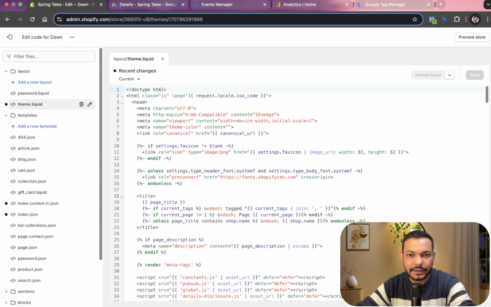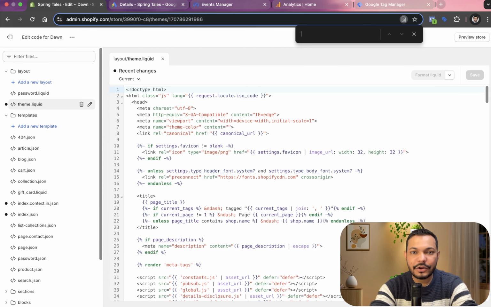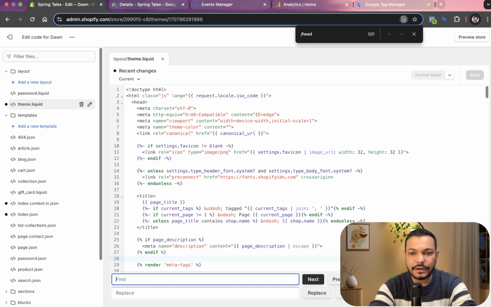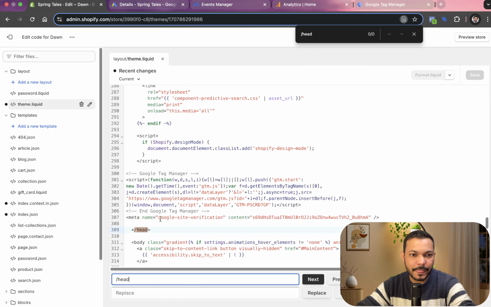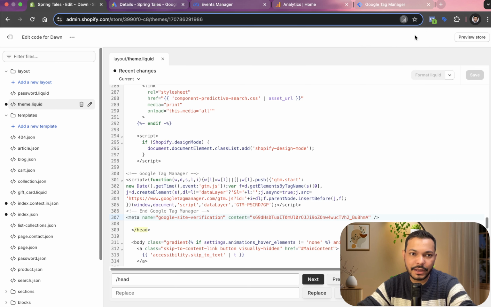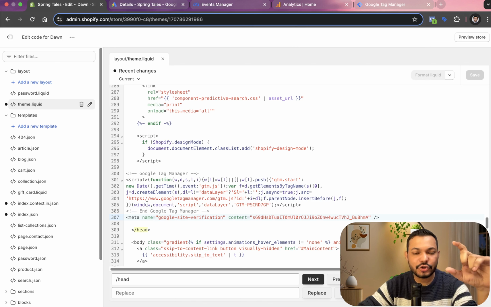Then we go to the liquid theme. We try to find the end of the head tag. So HEAD, which we can find by using a /HEAD, and the code like Google code and pixel code can be added within the head tag of the Shopify